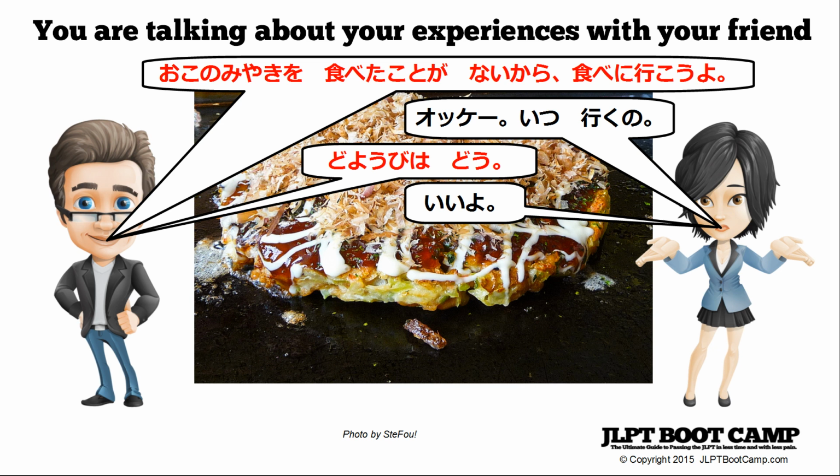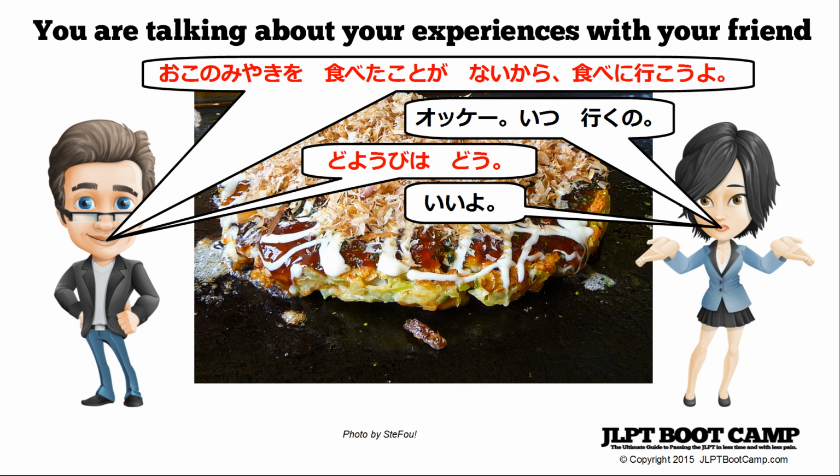Iko is the volitional form of iku. It's the casual form. Maybe you've heard of the more polite form, which is ikimashou. This is the casual form that you would usually use in conversation with your friends. Yo is just being more assertive with your conversation there. And she responds, okay, which is, of course, okay. Sounds good. Another casual thing that comes up a lot in Japanese.